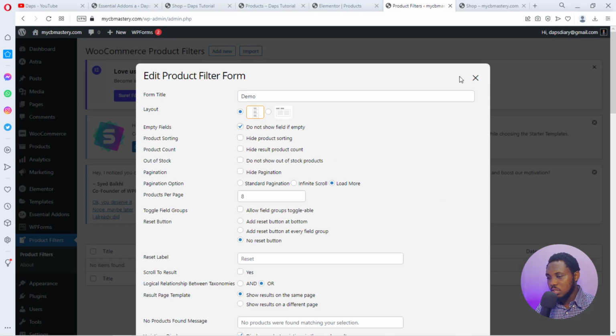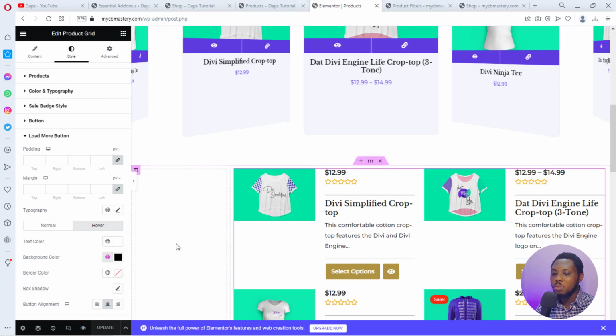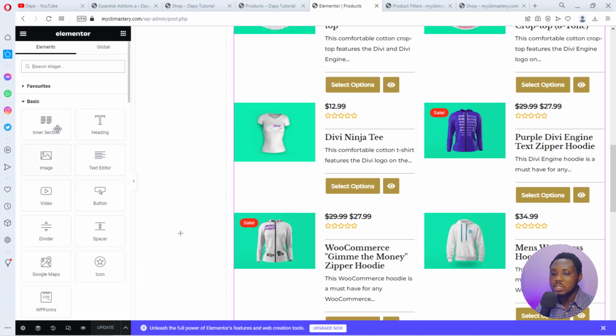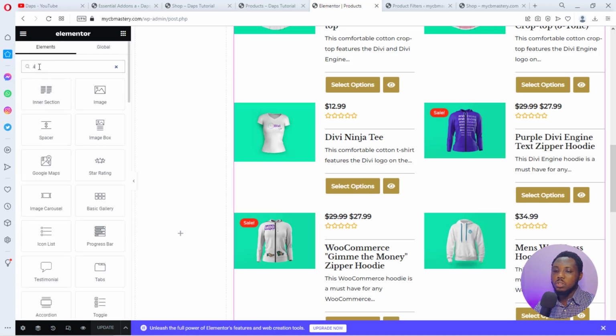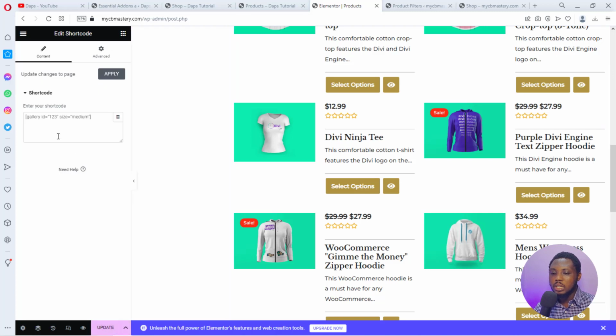So let's close this right now, and immediately after that we will see that we are now brought down here to have our product filter, and now we have a short code that we can use directly on our website. So now let's come back to Elementor, and we have a space here we want to use to display this. So I can just easily click this and then search for short code, and then bring in a short code, and then I can just paste this here,